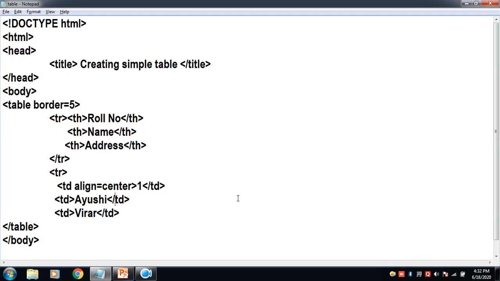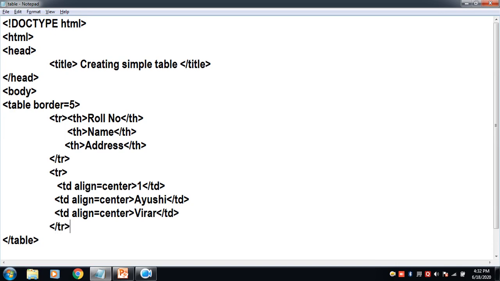Okay, now even these things I want to align to the center of the cell. So I write align equals center, and here also I'll write align equals center. Okay, so the second row is also complete.